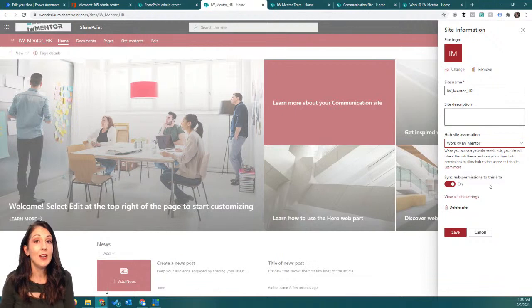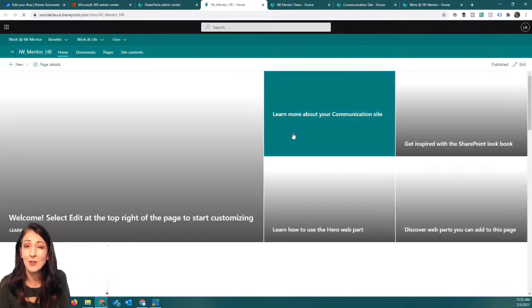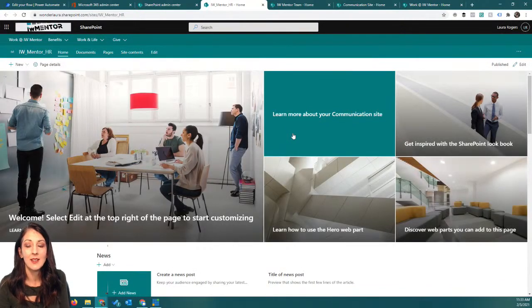But if I do a brand new site joining the hub, then it's actually going to be turned on by default, see? So I'll go ahead and save, and notice that my site is red. So let's see what happened. Oh, look at that. Instantaneous. You see that? It's like magic, right? So my theme, my colors, everything from that top level hub site immediately got pushed down to this site when